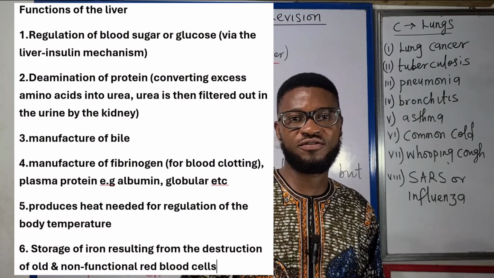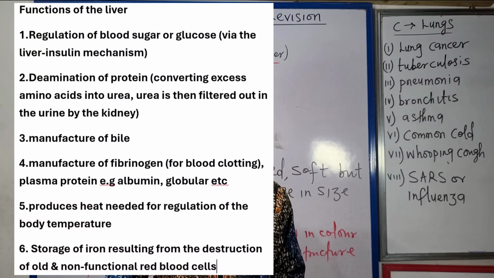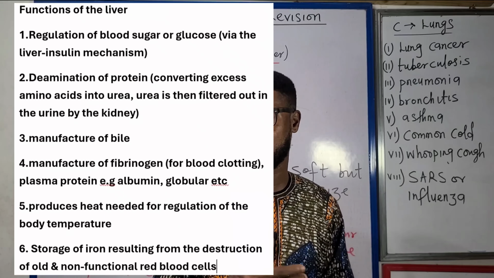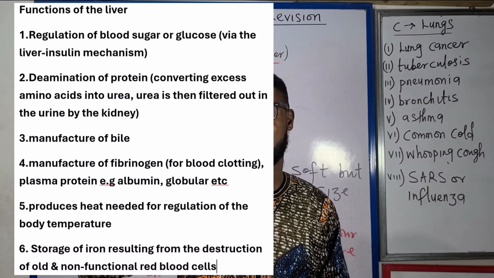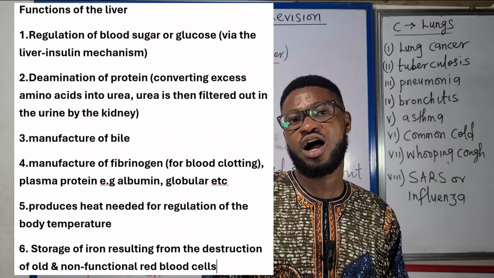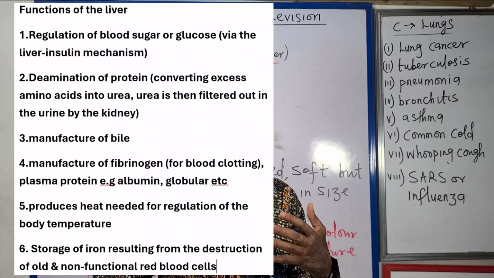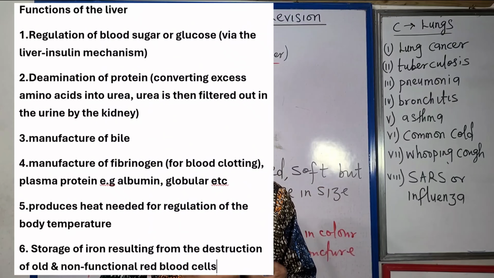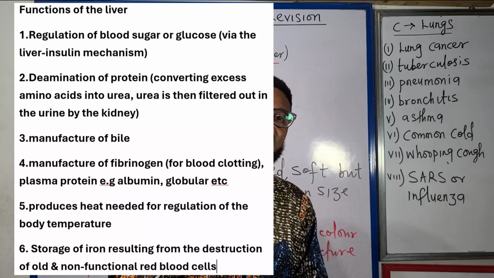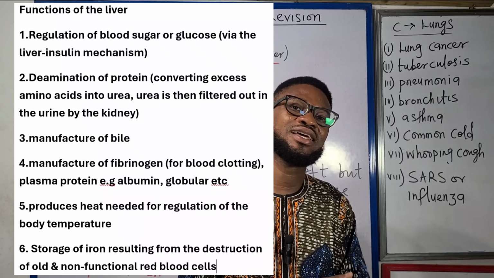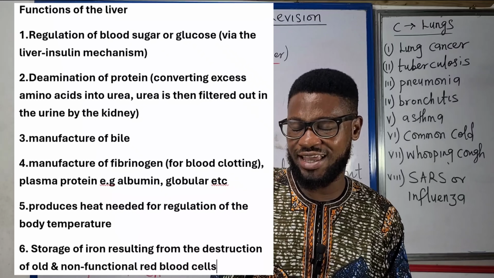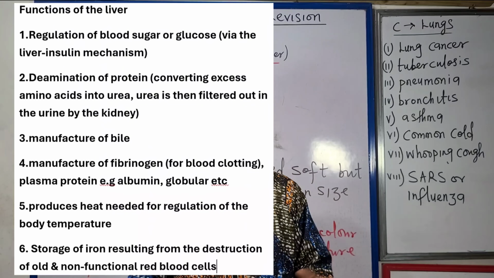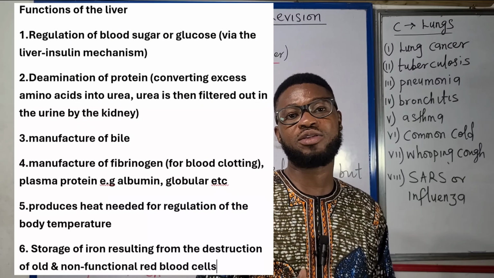So accumulation of excess acid in the body fluid, that's in the blood, is going to mean a lower pH. Amino acids, the pH falls. So imagine having excess amino acids just in the body fluid. That means there will be an alteration in the pH of the whole system, which can be very fatal. So what the liver does in this case is that when blood flows through the liver, excess amino acids are